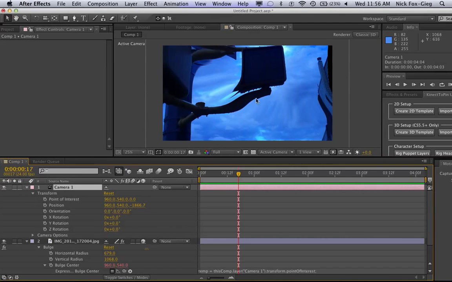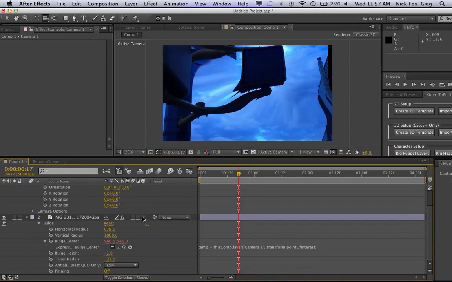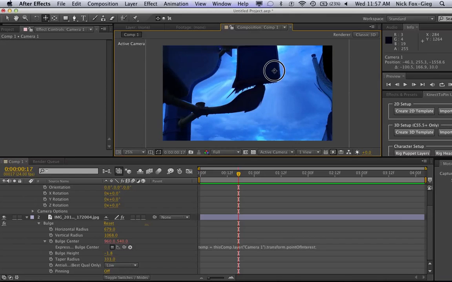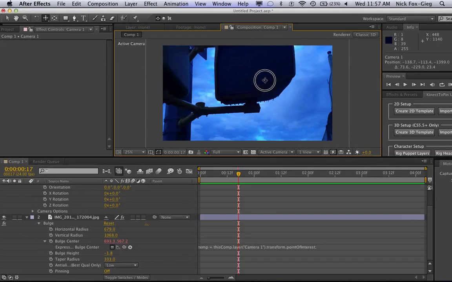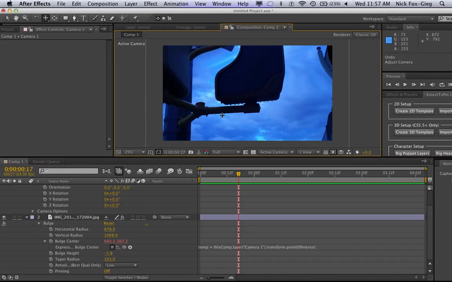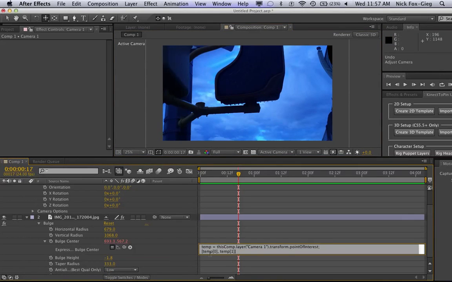But right away you can see, and I'm going to turn 3D off on this layer, that as we move the camera around, the image distorts. Right? I'm no longer moving the center, but we'll need to work on this. The problem here is that the point of interest is a 3D point, and the bulge center is a 2D point. So